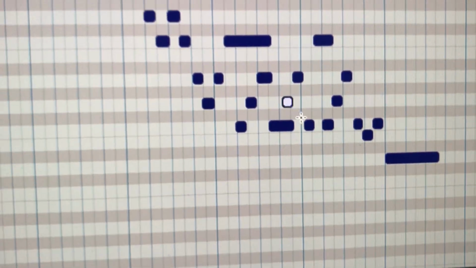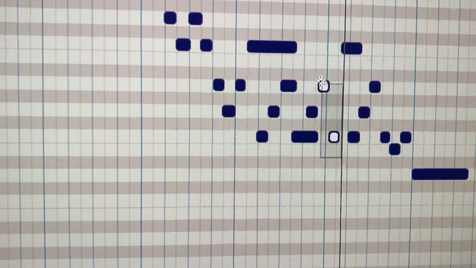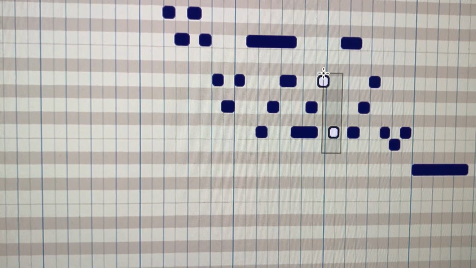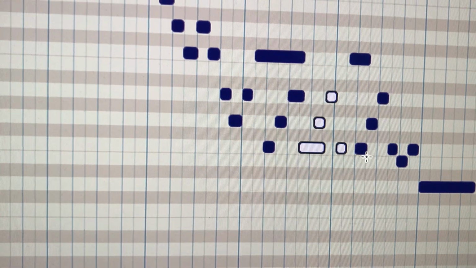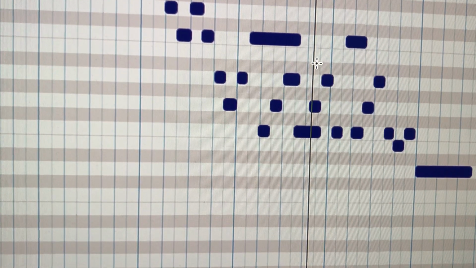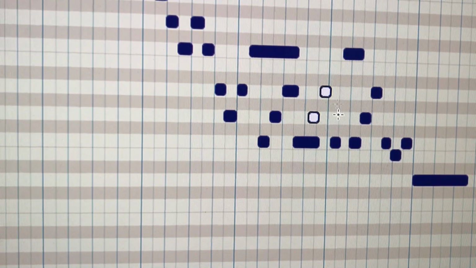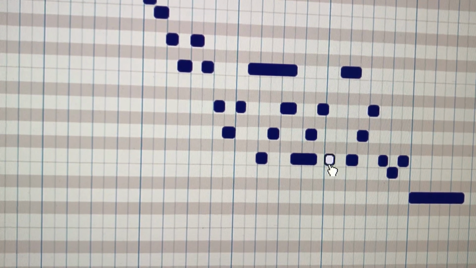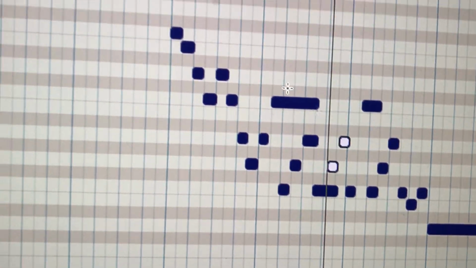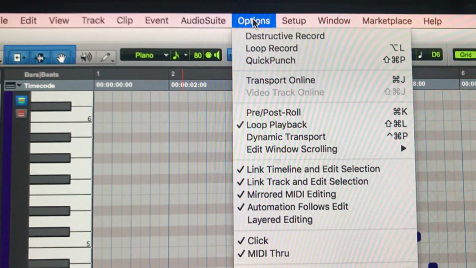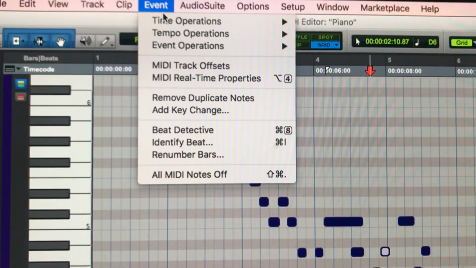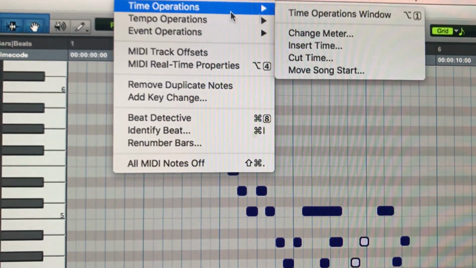I'll undo that. But because there's a few notes here that are out, well, that one's not out, but I'm holding the phone, so I can't. Well, I'll move this one and then choose those two. Okay, watch up here. If you go to event, time operations,